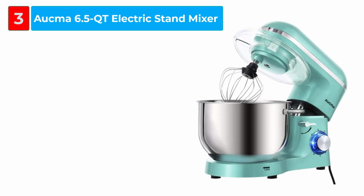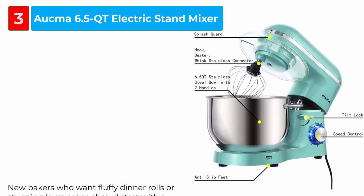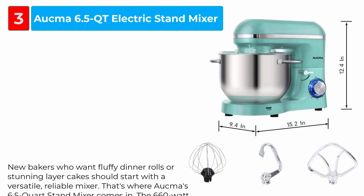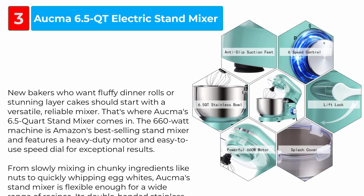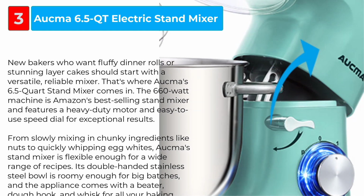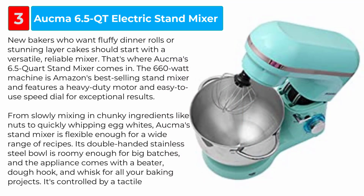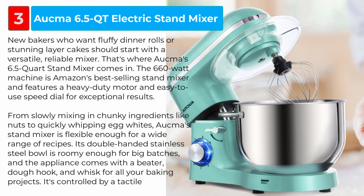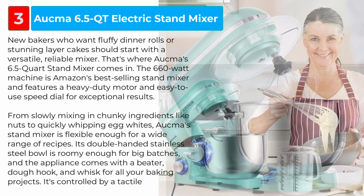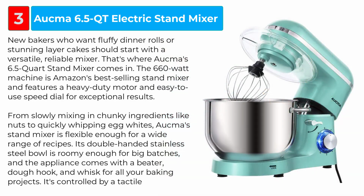Akai 6.5 quart electric stand mixer. New bakers who want fluffy dinner rolls or stunning layer cakes should start with a versatile, reliable mixer. That's where Akai's 6.5 quart stand mixer comes in. The 660-watt machine is Amazon's best-selling stand mixer and features a heavy-duty motor and easy-to-use speed dial for exceptional results. From slowly mixing in chunky ingredients like nuts to quickly whipping egg whites, Akai's stand mixer is flexible enough for a wide range of recipes. Its double-handed stainless steel bowl is roomy enough for big batches, and the appliance comes with a beater, dough hook, and whisk for all your baking projects. It's controlled by a Tactile